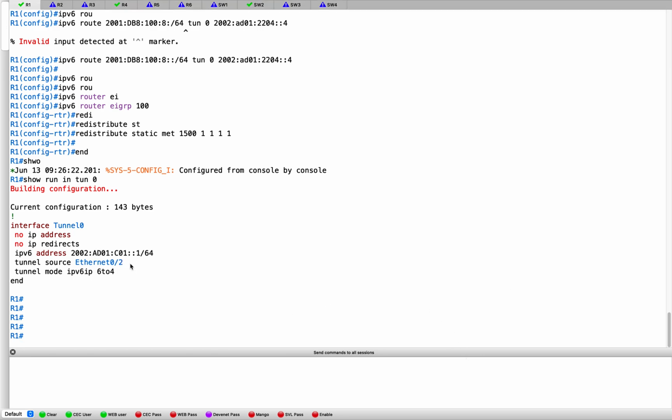All right, so we have mentioned the tunnel source, which is Ethernet 0/2. And we have also given the IPv6 address. Inside this IPv6 address, we have embedded this particular 32 bits, which is nothing but the IPv4 address of the Ethernet 0/2. So when this router forms the tunnel, it notes the source, and for the destination, what it will do is